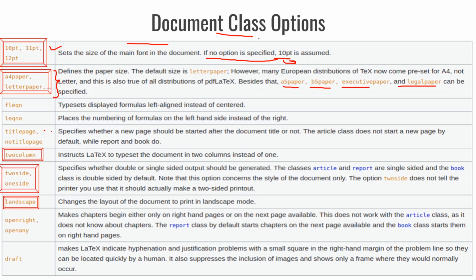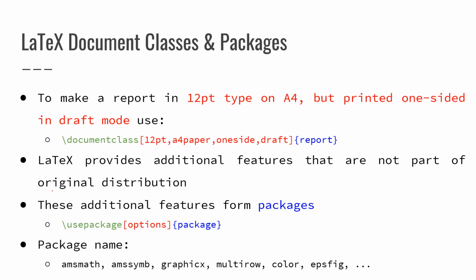We can also switch between the columns by specifying two column as well as landscape. We'll be seeing all these things in the further sessions. So to make a report in 12 point type on A4 but printed on one side, you can write this document class.